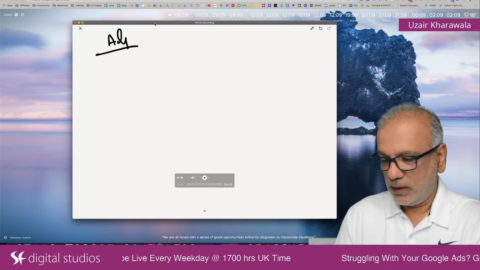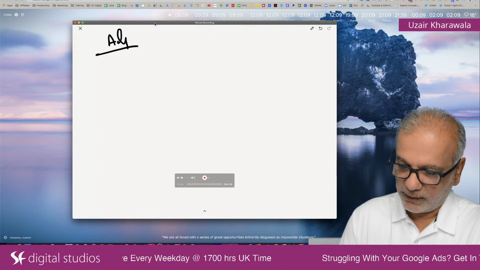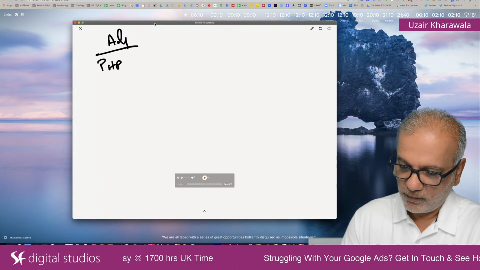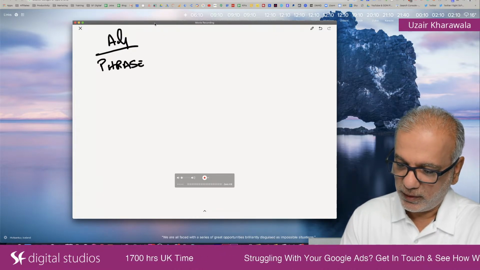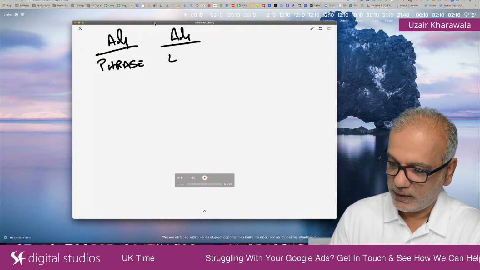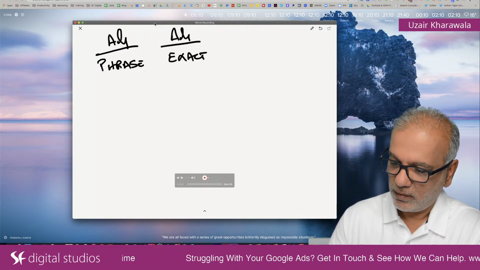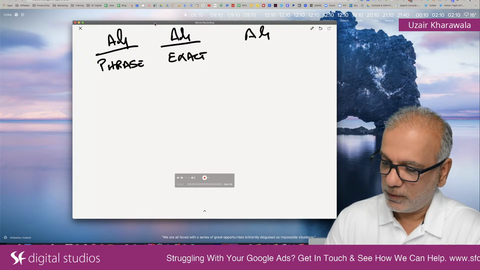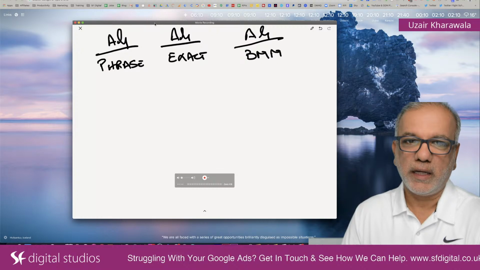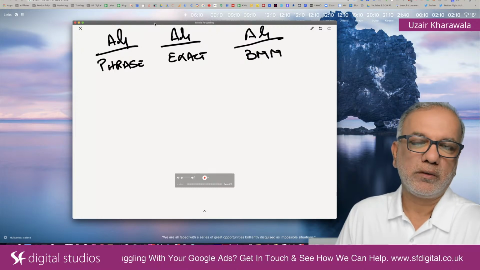I've seen a campaign structure where somebody has put in an ad group one phrase match, another ad group with the same keyword as exact, and another ad group as BMM. Now there's no such thing as the right way or the wrong way. It really depends on how you